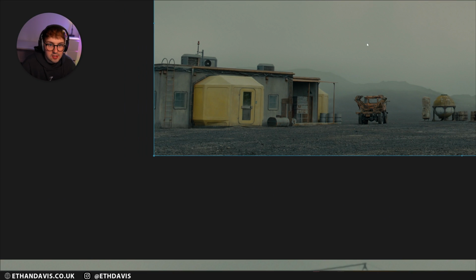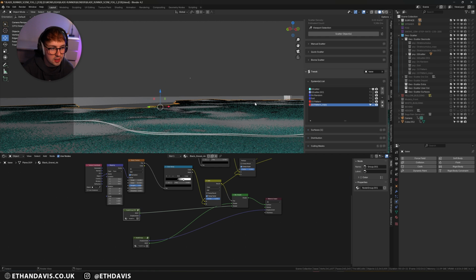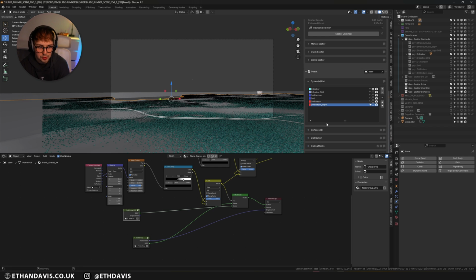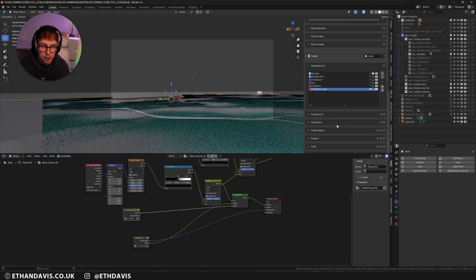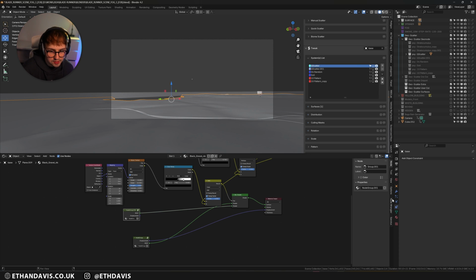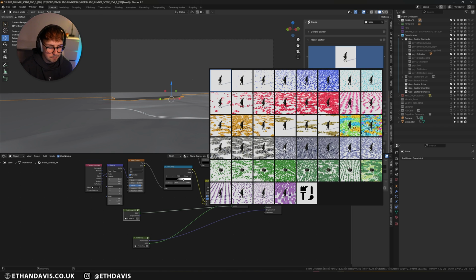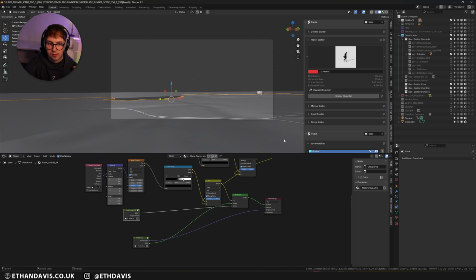So the way I went about it was just throw as much as you can onto it, essentially. So if I turn on the first one, this is the first pass of rocks, right? So the way I've distributed this is pretty much do it manually. So if I just turn it off, actually, we can see how I've sort of gone about this and my thinking behind it. So in Geoscatter, you can either draw stuff manually, you can get biomes, you can use their presets, or you can create images yourself.